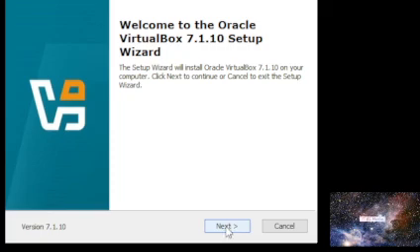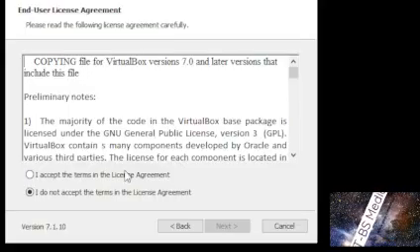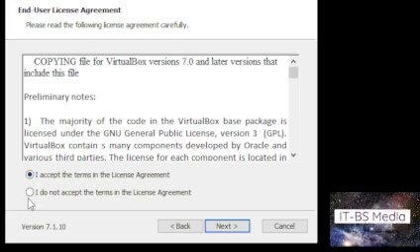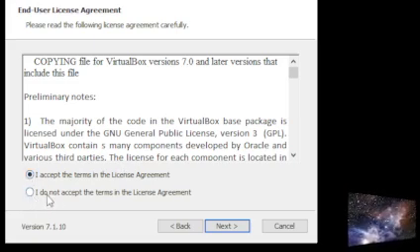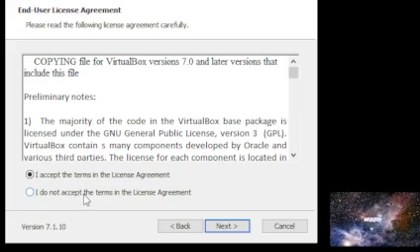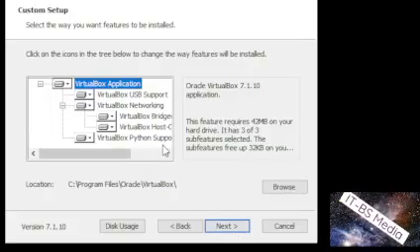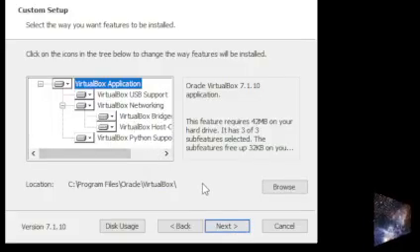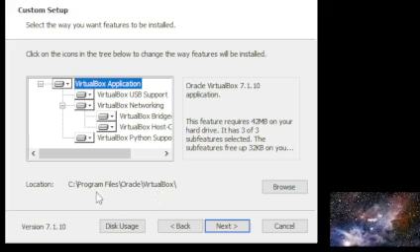So click next, and you have to accept the agreement. By default, it will be on 'I do not accept the terms in the license agreement,' so you have to change it to 'I accept.' Then next. I will just leave this, and it will show you the folder where it will be located. Click next,